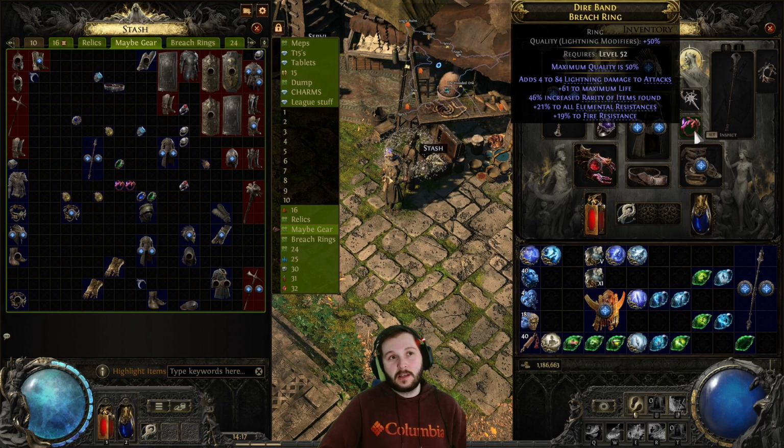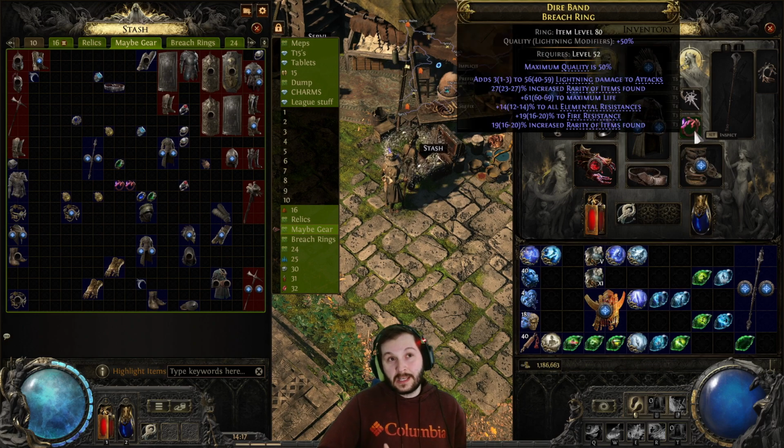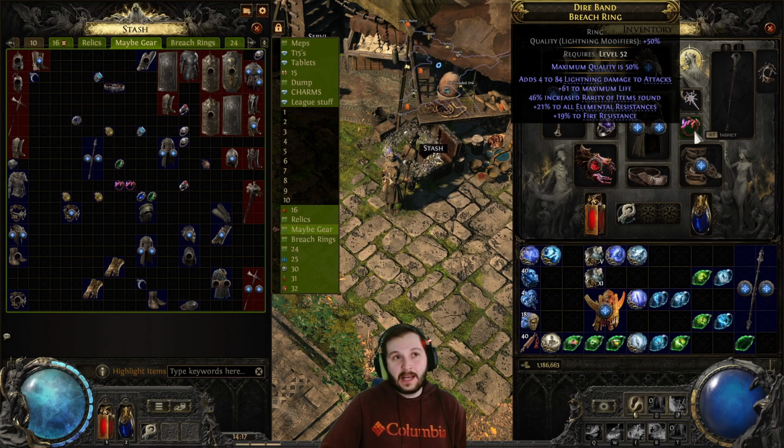So I got really lucky on this ring. I ended up rolling T8 flat lightning damage to attacks. The life means nothing to me. Really good rarity, plus all res and fire res. So this is like a completed ring. This is perfect. But yeah, you want percentage cold damage, which gives you a big DPS boost, and both cold